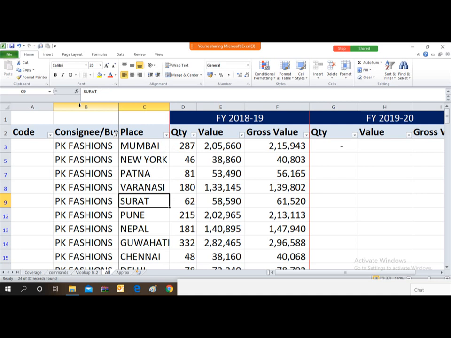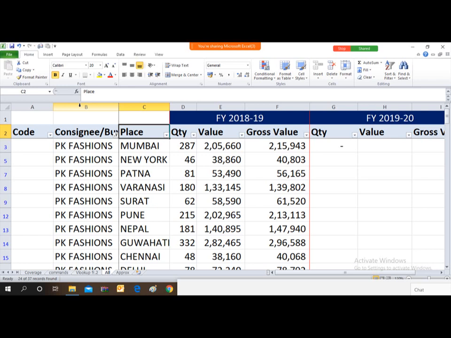It means there are no two outlets of PK Fashion in the same city. So I am confident that PK Fashion has only one outlet in every city. So if I make a combination of the name of the party and the place, it will be a unique combination of two words where I can use the VLOOKUP formula.